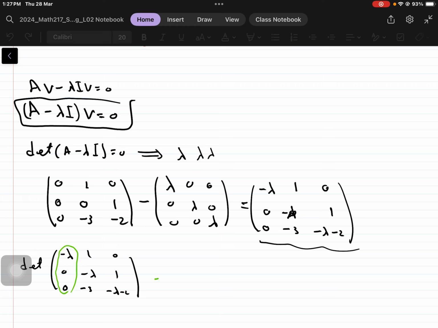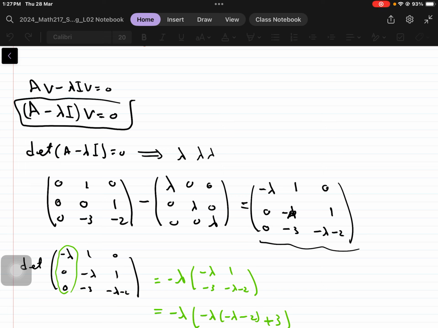which will equal minus lambda. We imagine that we removed its row and its column, so minus lambda 1, minus 3 minus lambda minus 2. And that's it, because the other terms will be 0, since 0 times anything is 0. So here will be, again, minus lambda times minus lambda minus 2. Please be careful with the signs here. Plus 3,